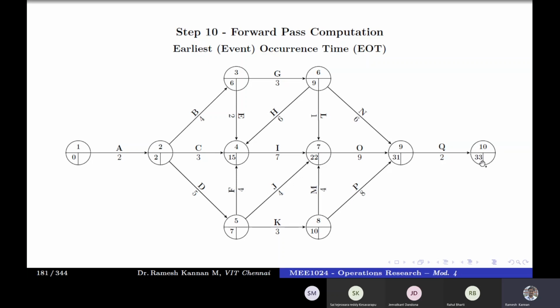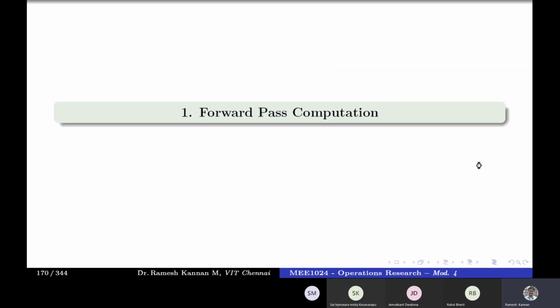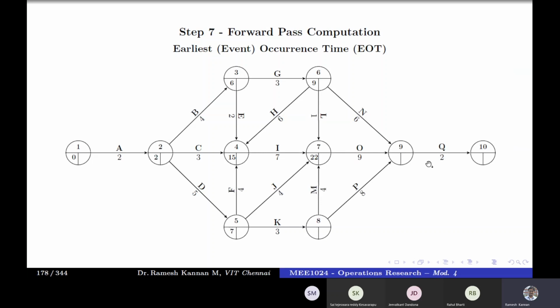Okay. So if you remember the last one, the last event, the EI value or EJ value, whatever you call that, the event time, is the earliest the last event can start as a critical path. If you remember what a critical path is, we have calculated it. It should be 33, which means you should end up with the critical path duration. If you get some other value like 31 or 30, then your computation is wrong. So you might have missed out the maximum thing. So that is one sanity check that you can do in a network.